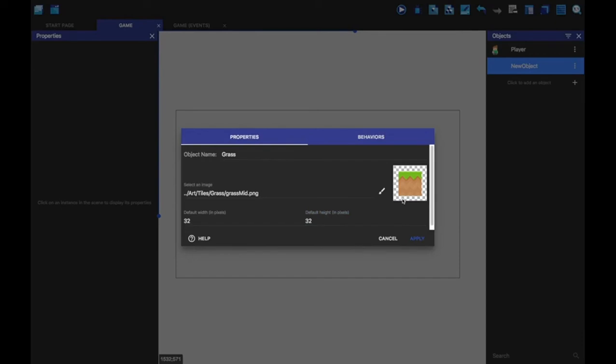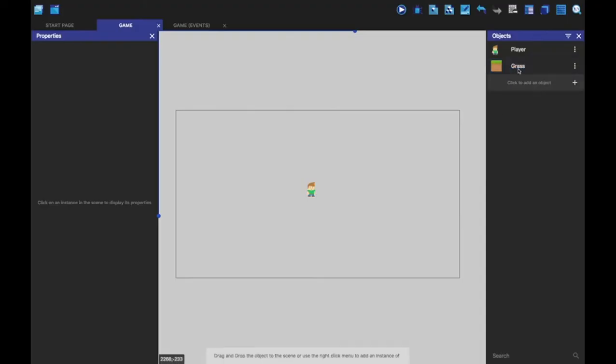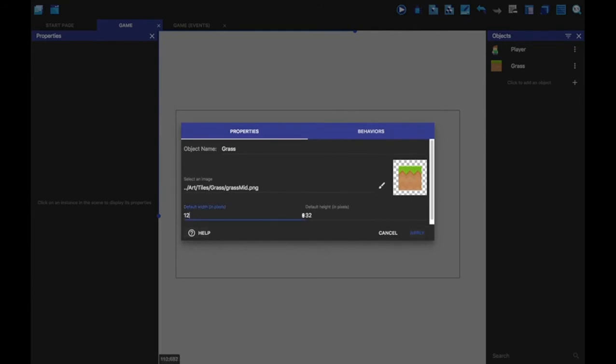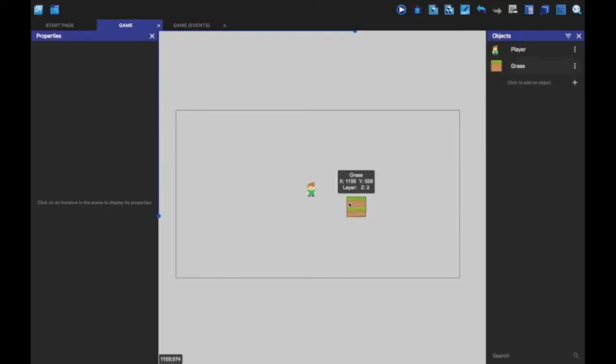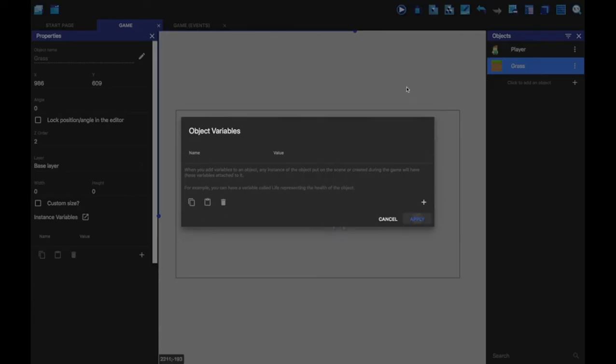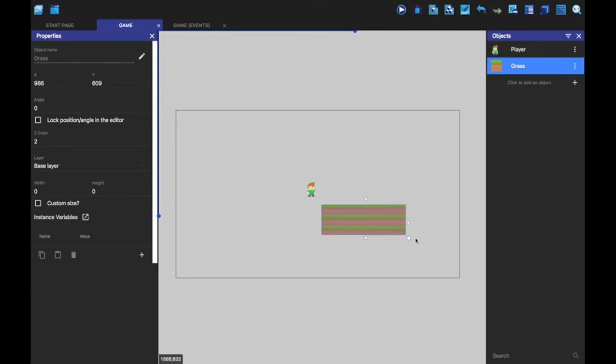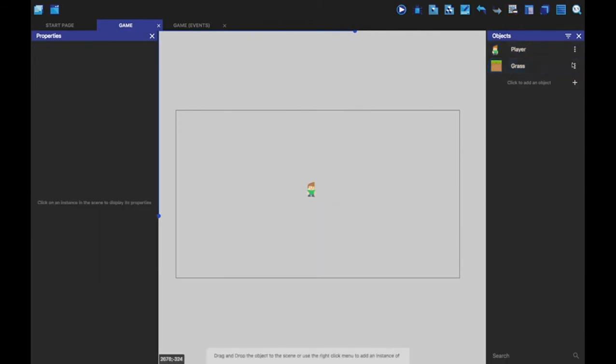Next, preview the game. It is good to get into the habit of regularly previewing your games, so that when something breaks, it is easier to figure out the problem. To launch a preview of a game, click the preview button in the toolbar. Then next, save the game. It is also good to get into the habit of regularly saving your games. You can save the game via the file menu or by using a keyboard shortcut: Control plus S on Windows or Command plus S on macOS.